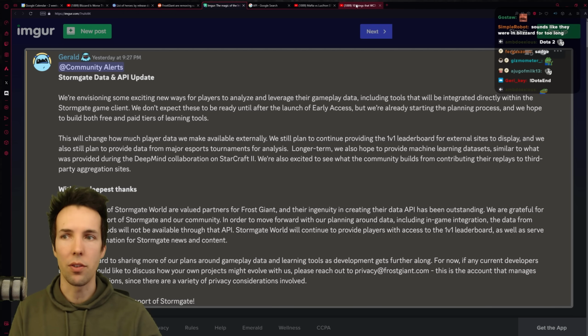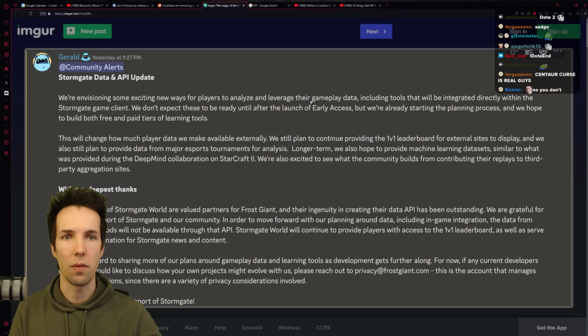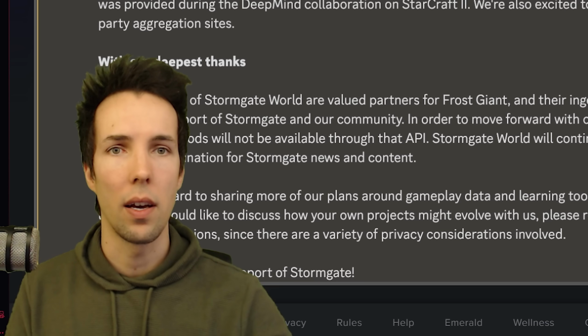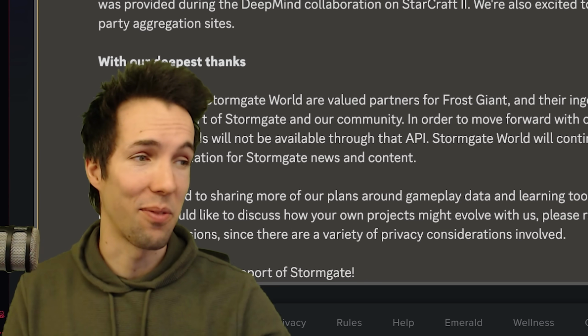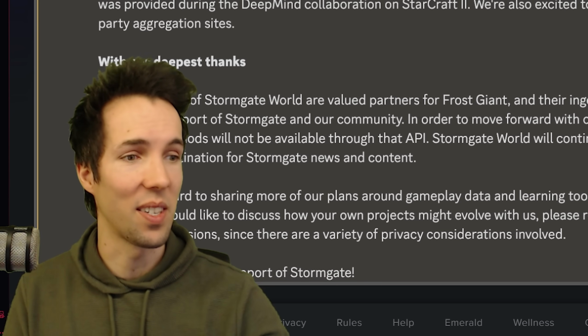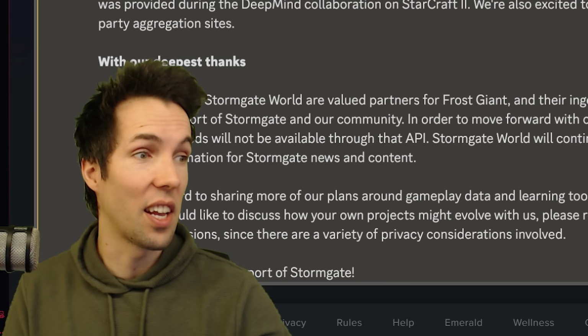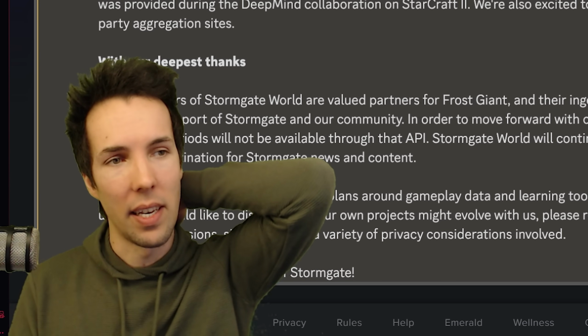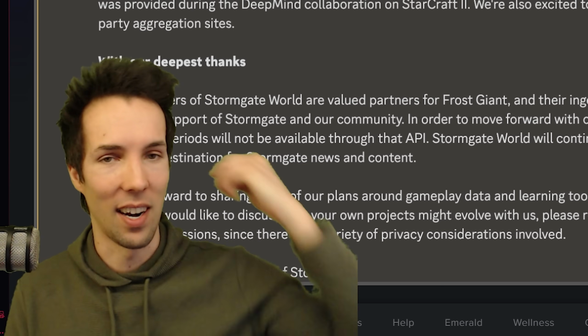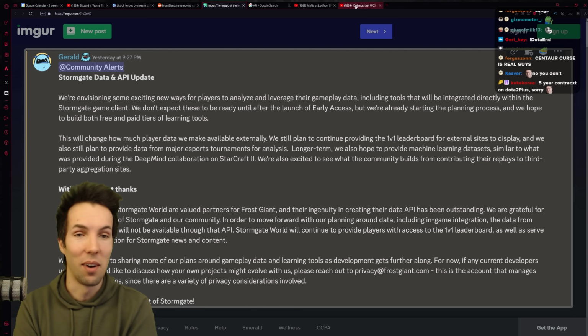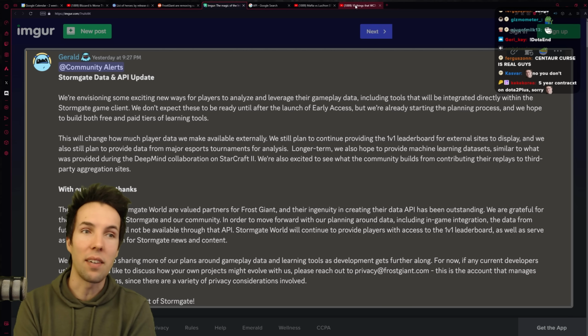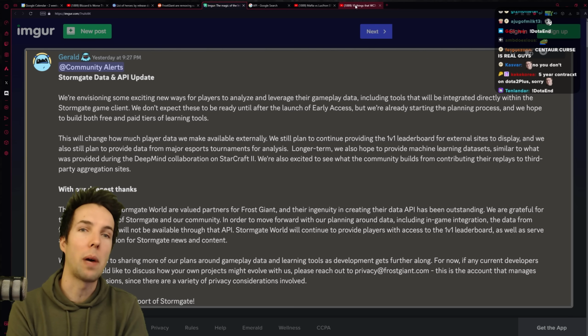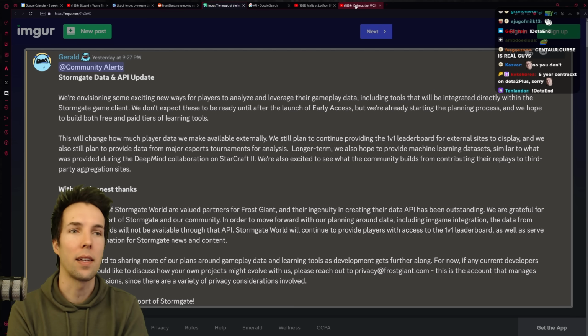There's two major differences with Valve and with Frost Giant. Of course, there's a lot of differences. Valve is a lot richer. They have a lot more funds. They don't need it. They could not charge for it and they would still be fine, right? Doesn't mean that they don't want to charge. They don't want to make it free, but there's probably differences in need. But I don't think need is a powerful motivator for why a client, like a customer, a gamer should be